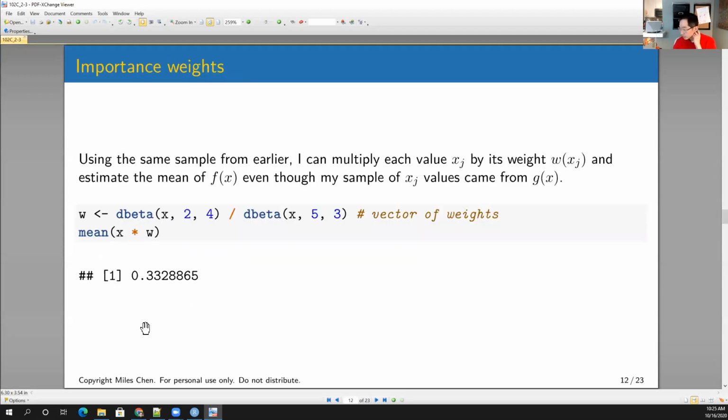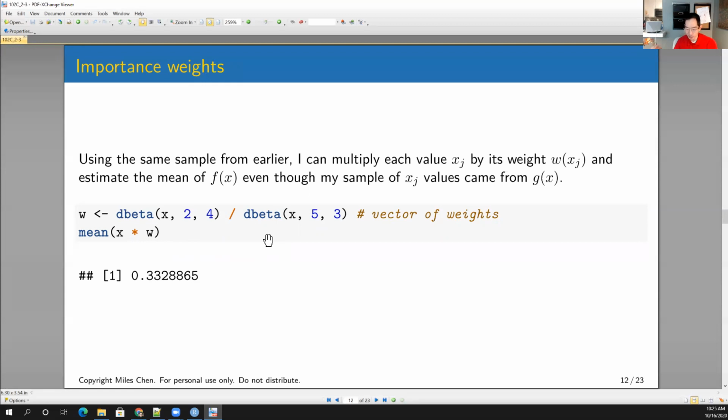Okay. So yes, you do need to know the density function. We're just saying we know the density function, we're just not able to sample from it. Okay, so perhaps you have, I know this example is a little bit silly, but it's a situation where